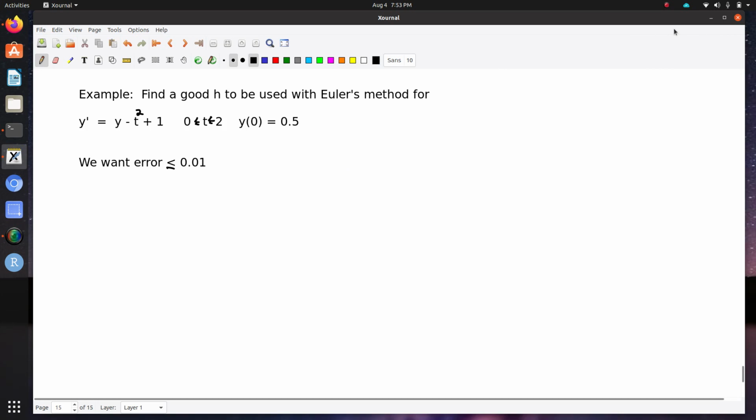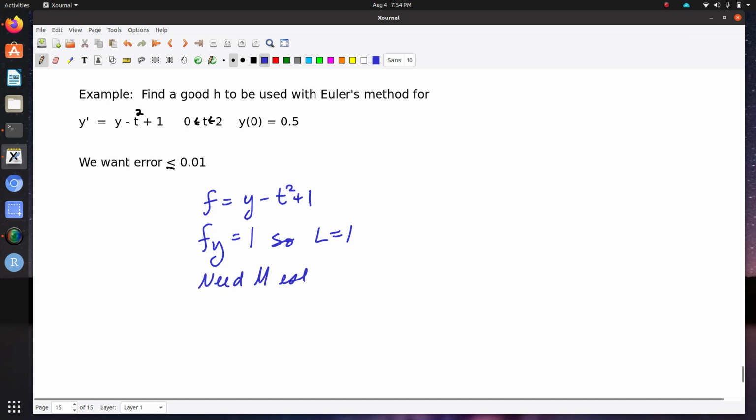This is the example we're going to work. We're going to look for a good h to use with Euler's method, and the real answer is you shouldn't be using Euler's method, but that's not the student answer. So what's the student answer? First of all, what is f? The partial derivative of f with respect to y is 1. Since t wasn't really intertwined with y in any way, this made it easy. So we got a get-out-of-jail-free card,